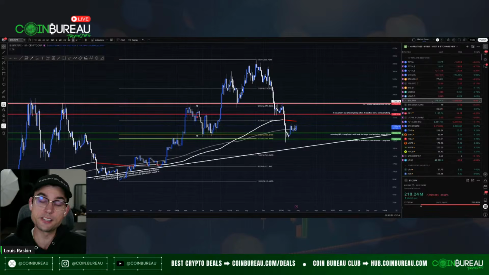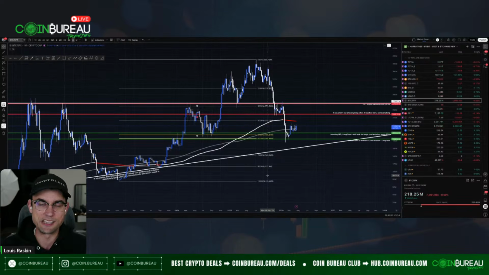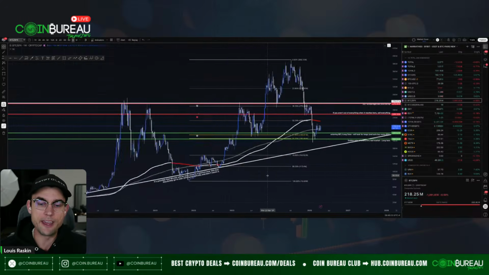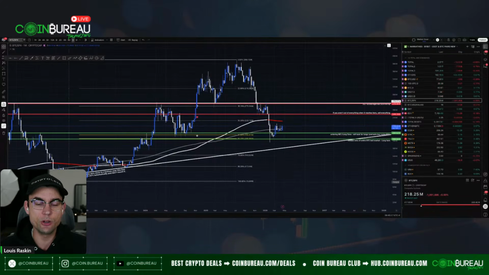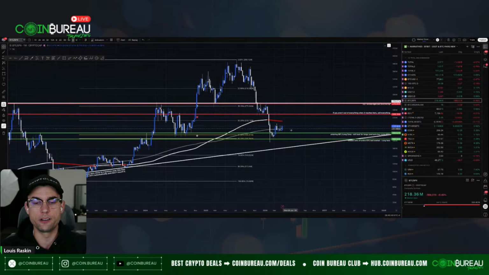This is interesting. Look at this. This is Bitcoin against the S&P 500. Okay. And look what I did. It's so crazy. All I did is take the Fibonacci from the bottom to the top, and I was like, I want to rotate out of the S&P 500 and rotate into Bitcoin here. And since then, Bitcoin has outperformed the S&P 500 by 14% so far. Will it continue doing that? I don't know.